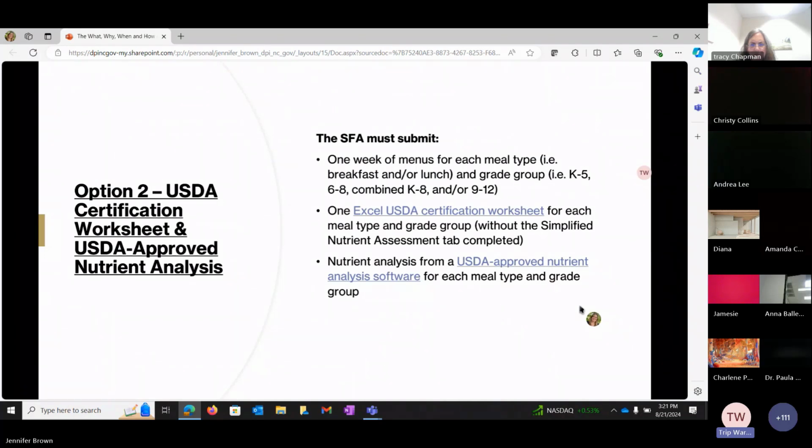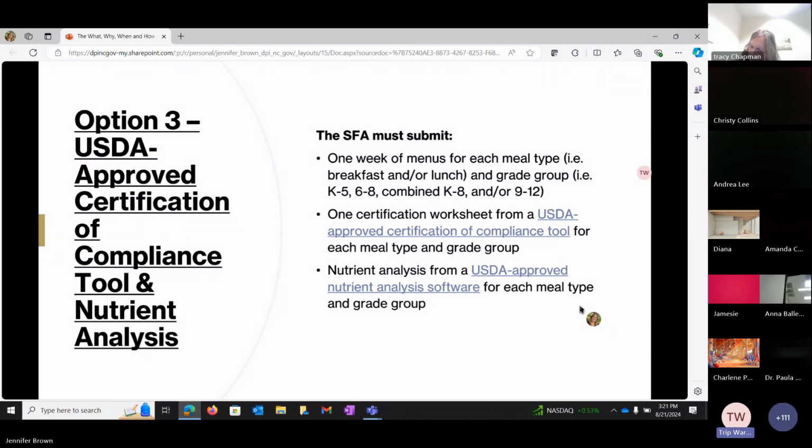And then the third option is to do everything with your local software. We would again gather all of the week's menus and all of the necessary information for the data entry for either breakfast and or lunch, and then all of the grade groups that are used to plan those menus. Then you would submit a certification worksheet from your approved software, and the format will be different, probably from all of the different local USDA approved software products that you're using. But as long as you can produce a